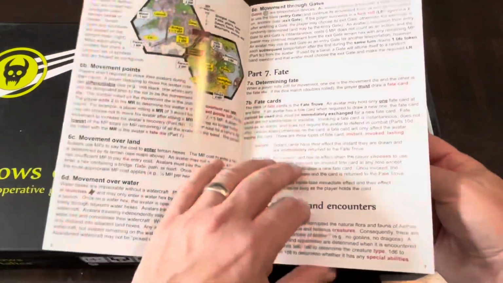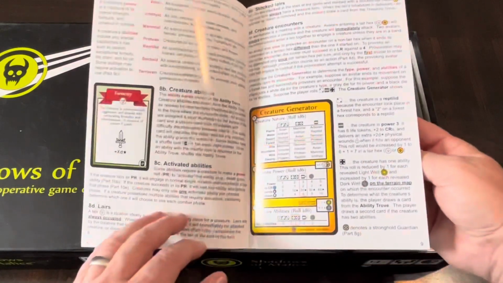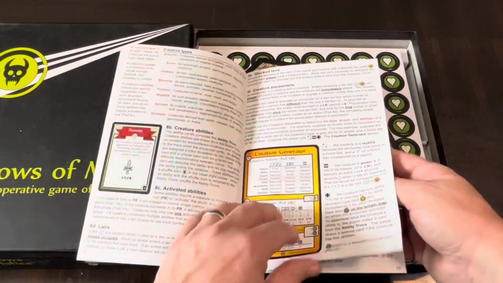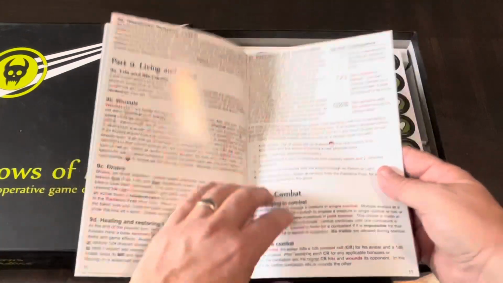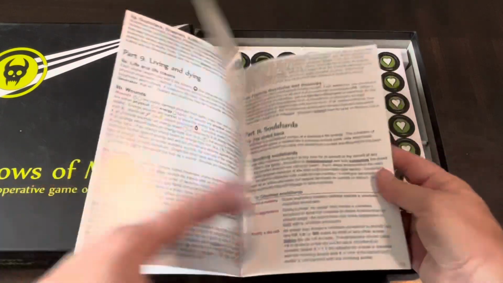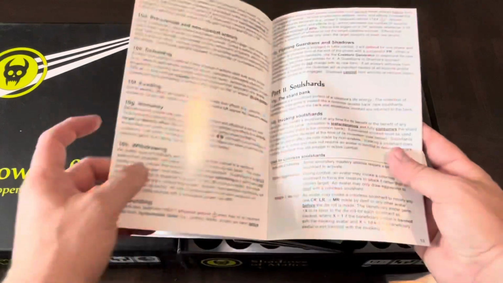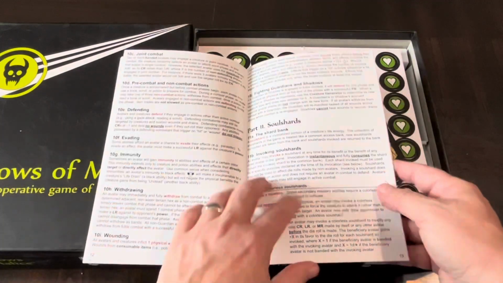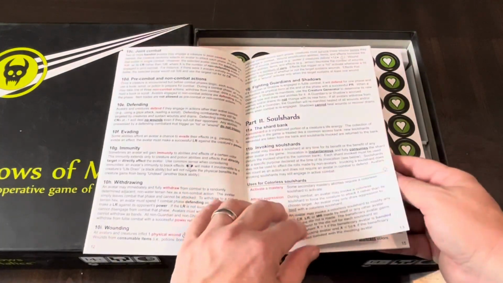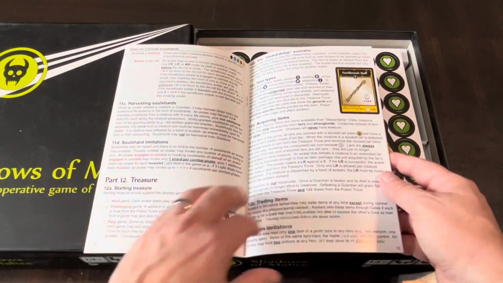Here's movement. Here's fate. Here are creatures, or is the creature generator. Living and dying, important part of a game there. Then you have combat here. Combat's not that long, actually, just a little over a page and a half. Soul shards, treasure,